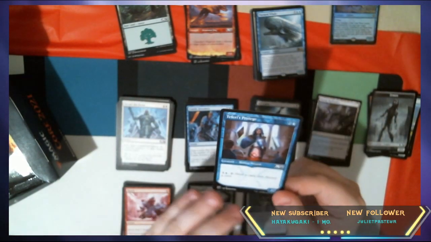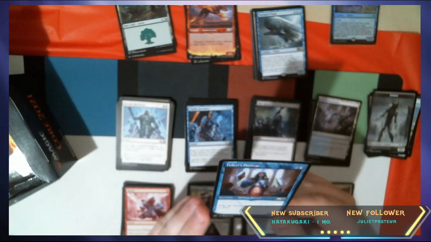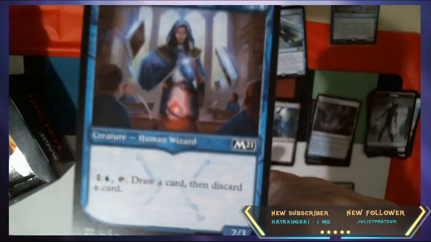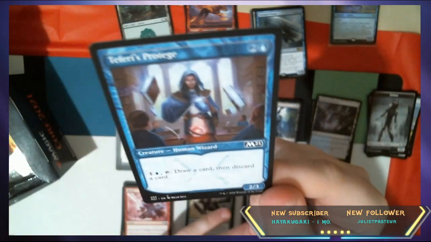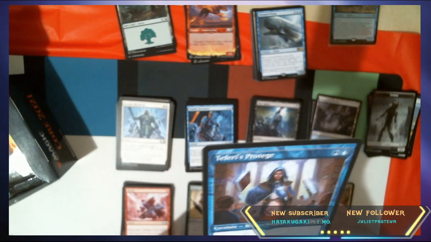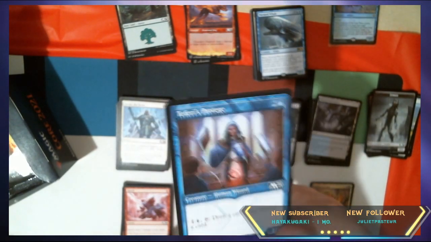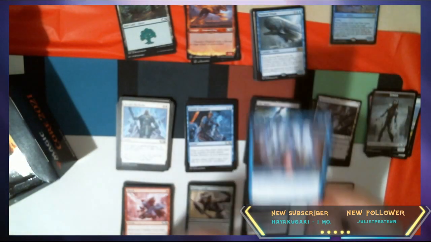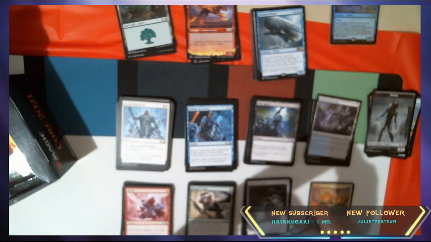Ooh, we got the Teferi's Protege in Teferi's border, which has this cool little hourglass symbol on the bottom. She's a 2/3 for 3 with 1 and a blue and tap. Draw a card, discard a card, so she loots, which is not bad on a common. I love the border, looking like it's made out of that blue marble. Alrighty,